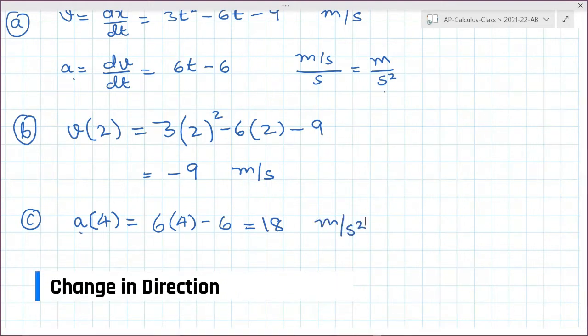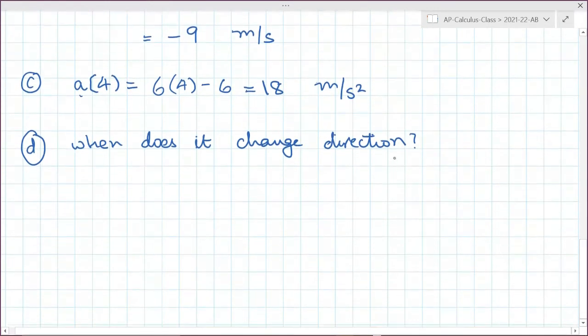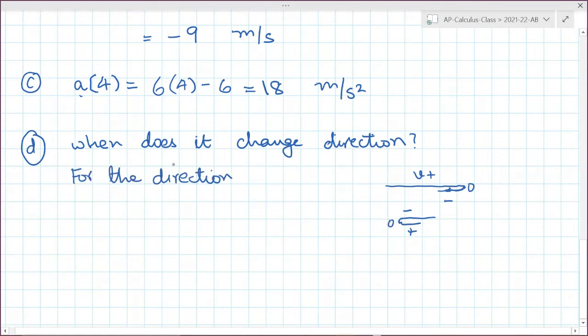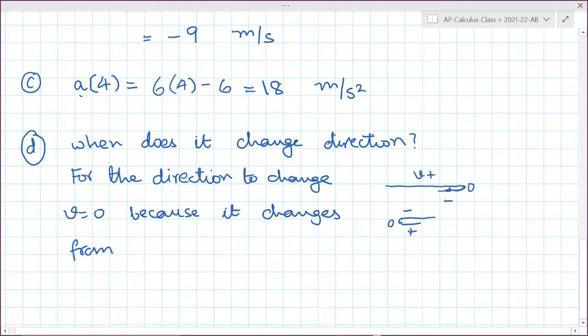At what times does the particle change directions? So when will it change direction? It is going this way and then it will turn around. So it is going, then it has to stop and then it turns around, right? Here velocity is positive, here it's negative, so then it has to be 0 here. And similarly, if it is going this way, velocity is negative and then turns around, it's positive, so here it has to be 0. For the direction to change, v equals 0 because it changes from positive to negative or